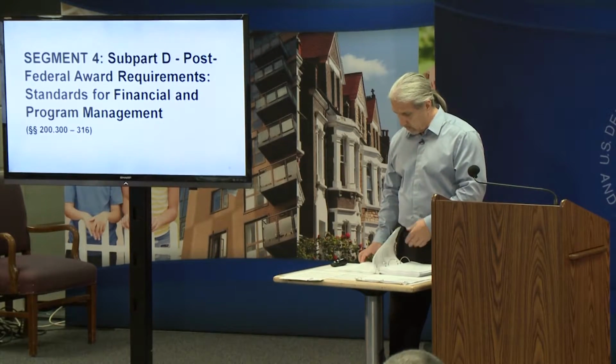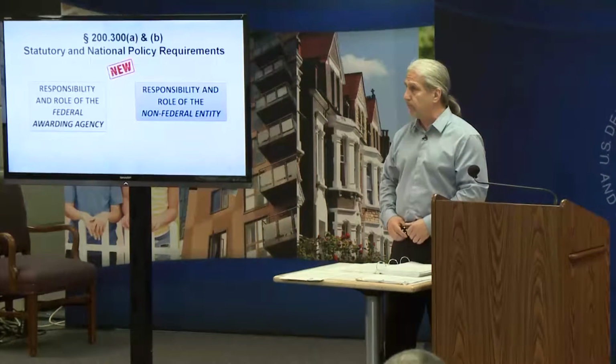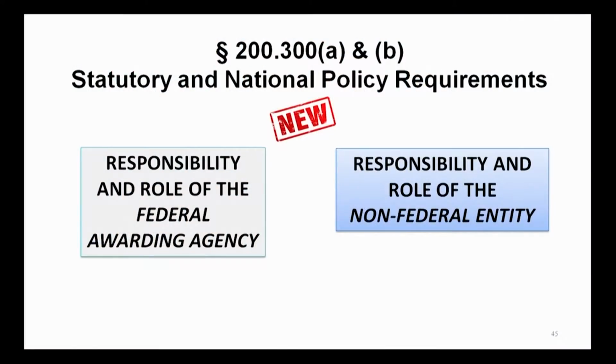So let's get started and see what we got here. First, paragraphs A and B. These are new policy statements that are here in this section. They weren't in the former regs under 85.20. So there is a comparison of the responsibility, really, of the role of the federal agency versus the role